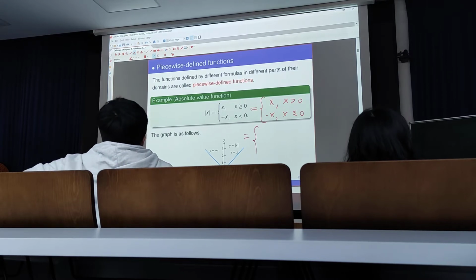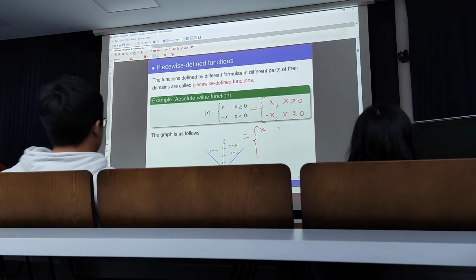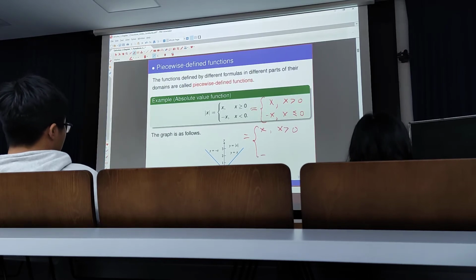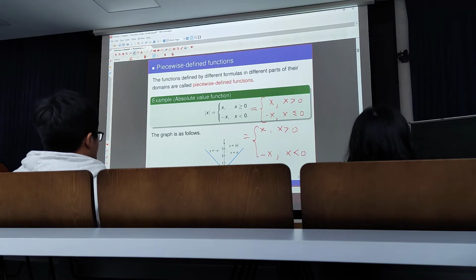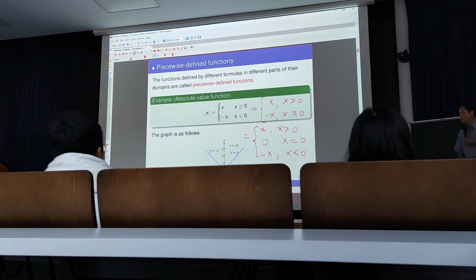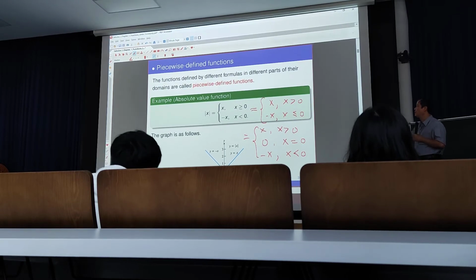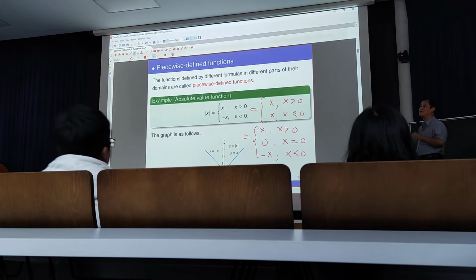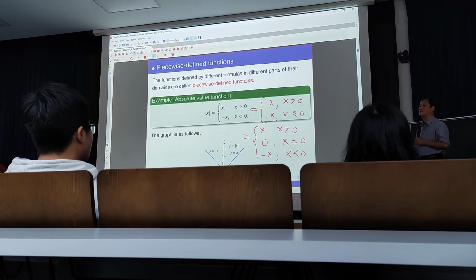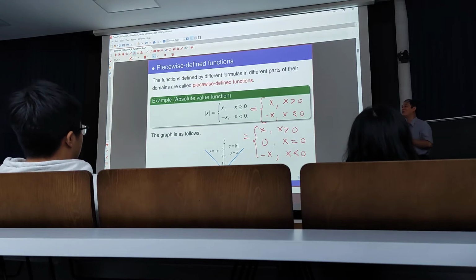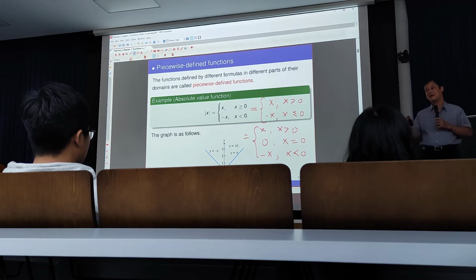And also it is the same as you write x if x positive, negative x if x negative, and 0 if x equal to 0. So, you divide the real line in different ways. And all these three formulas are piecewise defined functions and define the same function. Only different formulas you have to use. So this is also good to think about when you want to use a formula for a function, then you can change it.